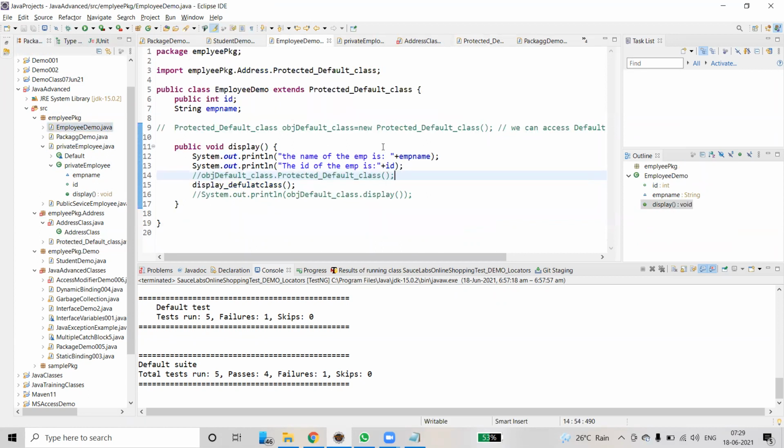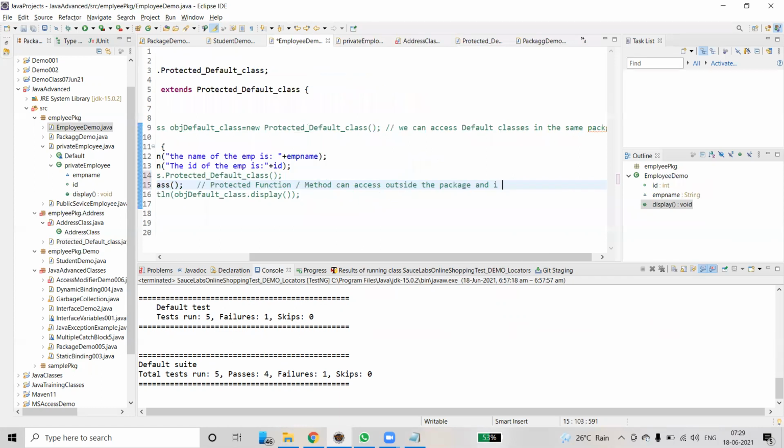Protected function or method can be accessed outside the package and in a derived class also.